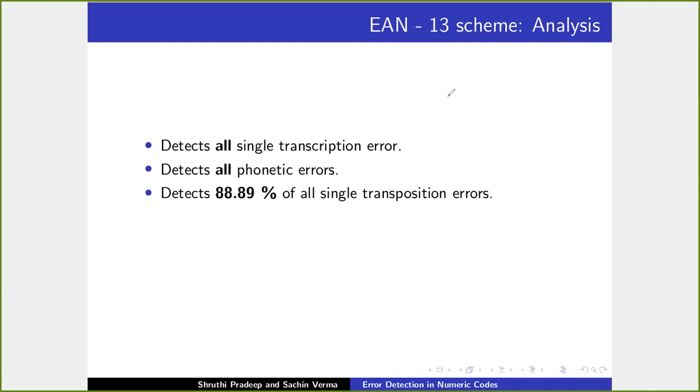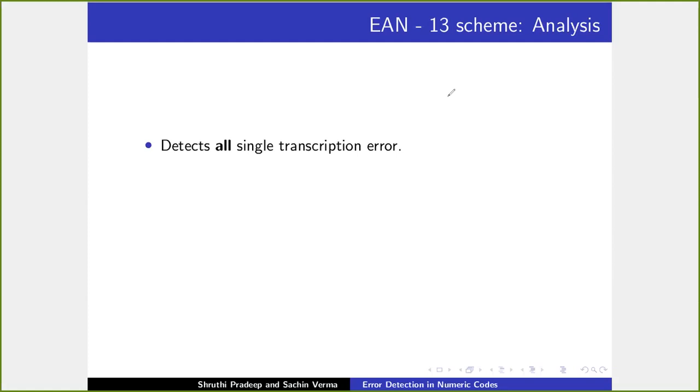Sachin, you told the first statement, detect all single transposition errors. Is there any mistake, or do you want to say detect all single errors? The book uses the words single transcription error, the article, instead of single errors. Okay. The other one is transposition. Okay, fine. So I hope all of you are clear with detect all single transcription errors, the single digit error that we discussed earlier. That's okay. No problem. Go to the second one, Sachin.